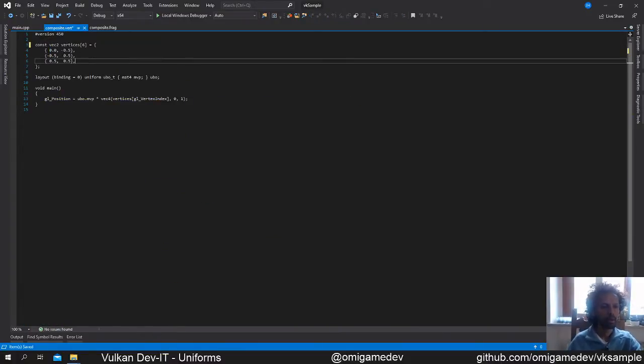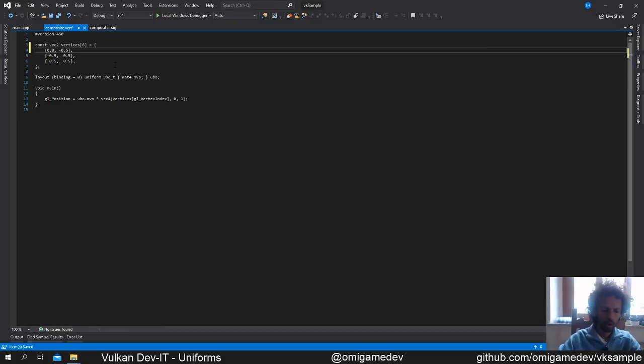The up is -y. We want the first vertex to be -1, so on the left and on the bottom. So 1.0. The second one is going to be